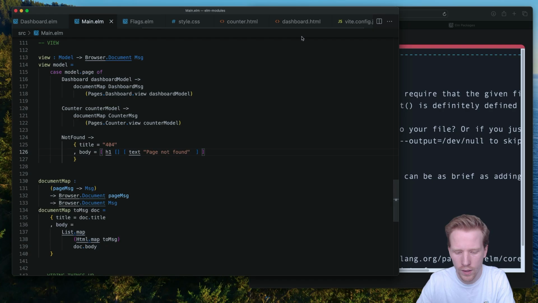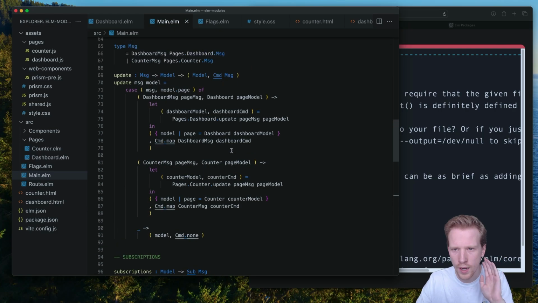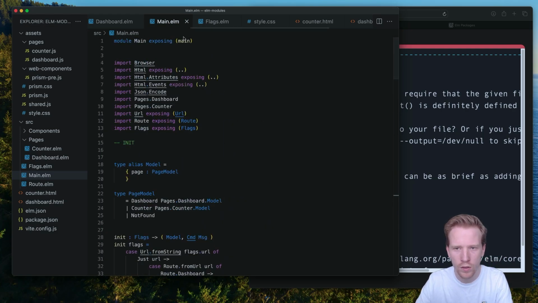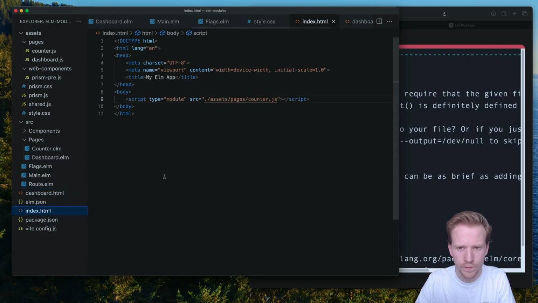Let me close this out. Let me bring back in our Explorer. So what we have now is we have a single entry point for our entire web application. And so what we're going to do is we're going to go back to this. I'm going to rename this. We're going to go back to index.html. And we are going to say that,